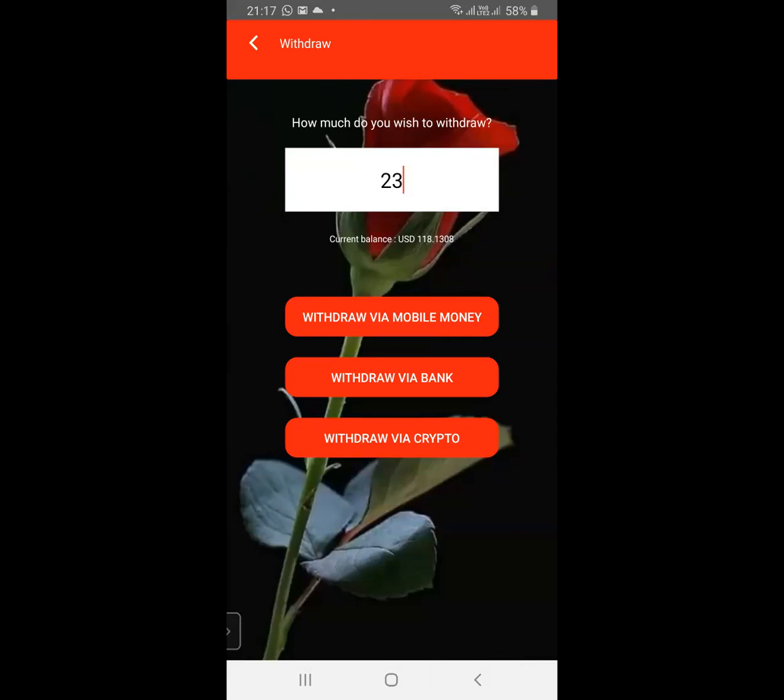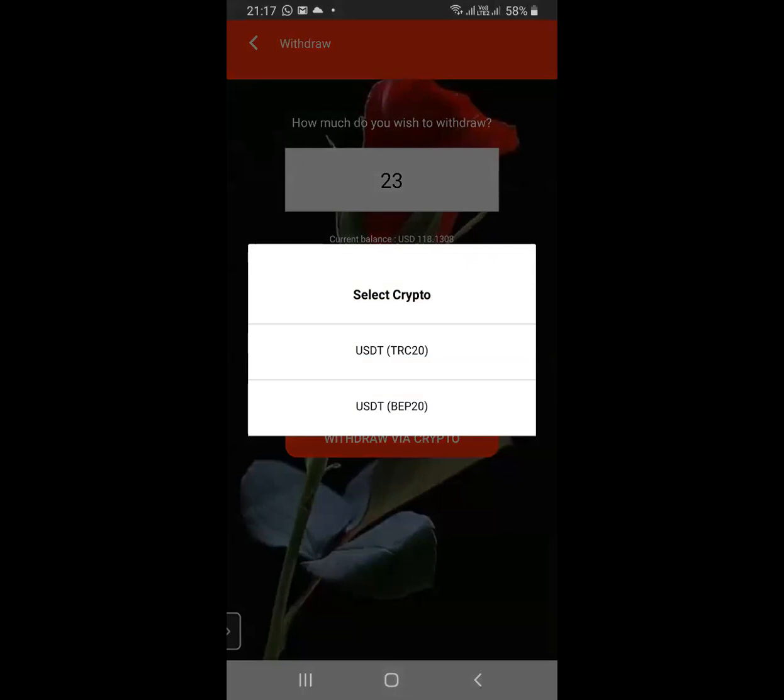Click on withdraw, and you can see two chains actually supported: USDT TRC20 and USDT BEP20. And once you do this, the AVS dollars will hit your USDT wallet as USDT.